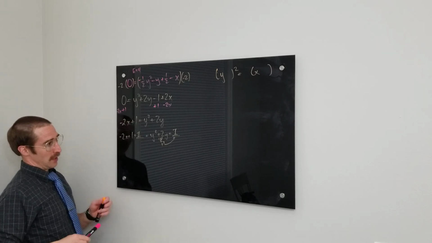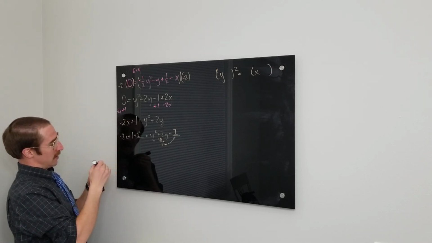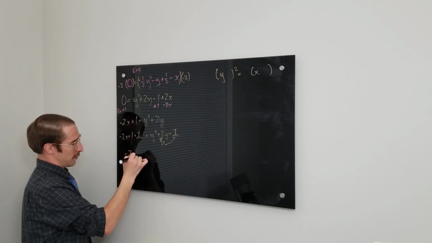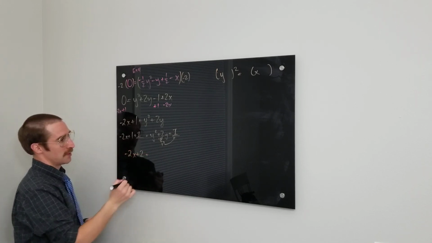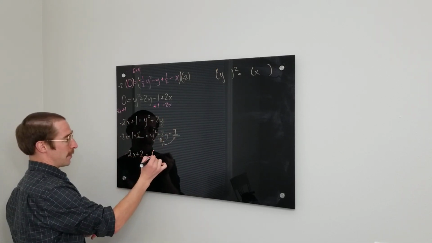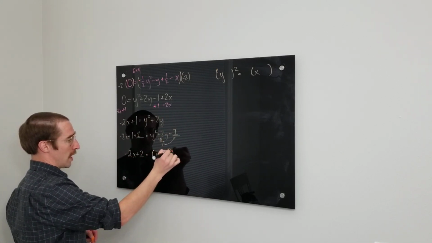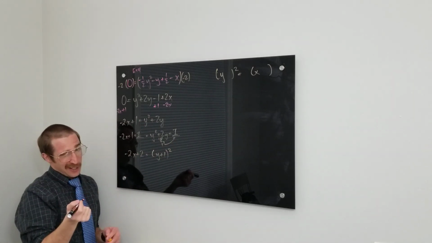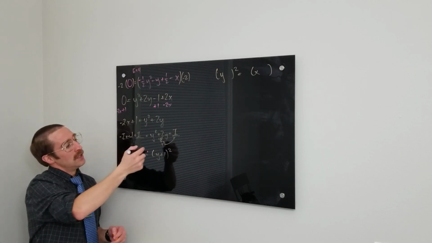So, here we go. I get -2x plus 2 equals y squared plus 2y plus 1, which is the same as y plus 1 squared. Remember your factoring, you could actually factor this if you want, or it's always y